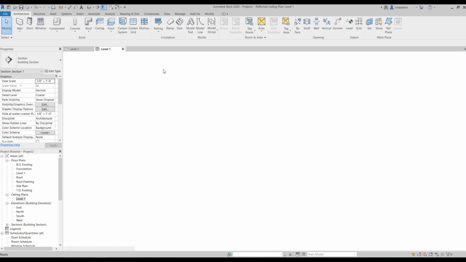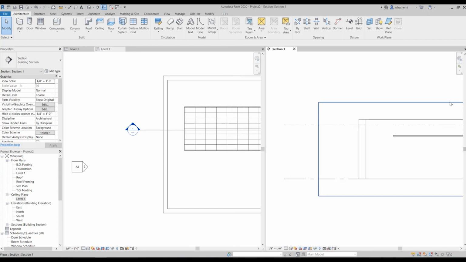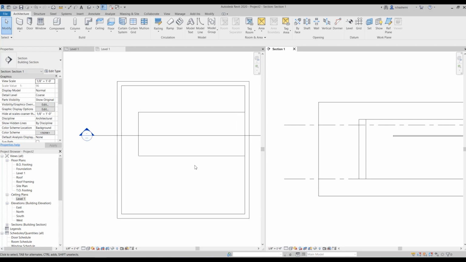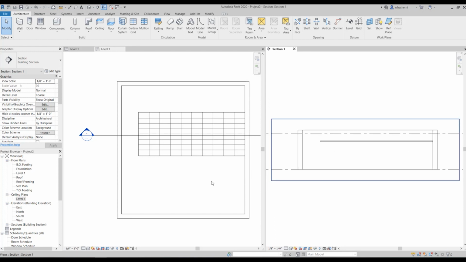Let's split the window. If you have two monitors, you can put them on different monitors. You just want to see both the ceiling plan and the section.